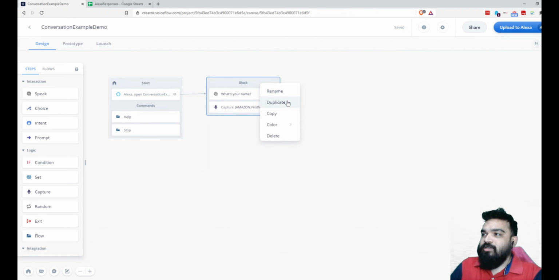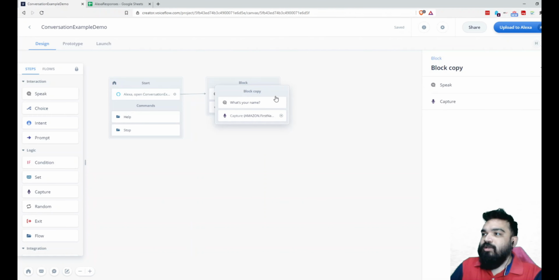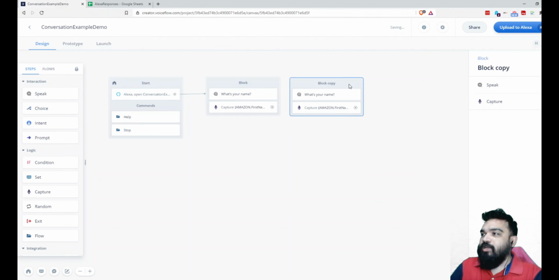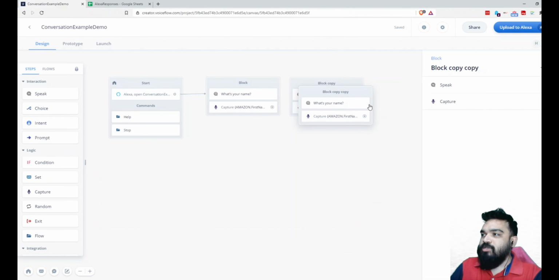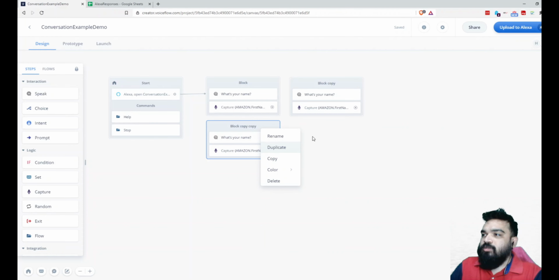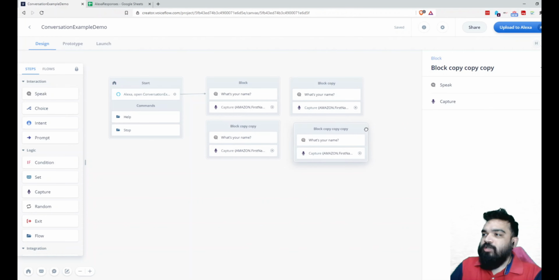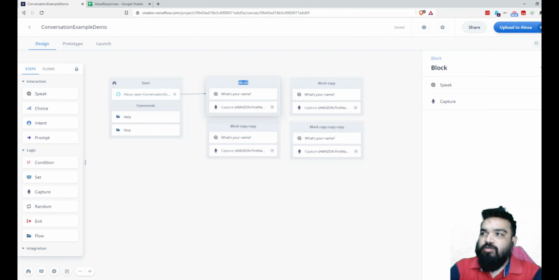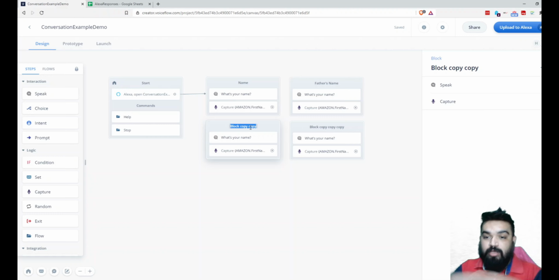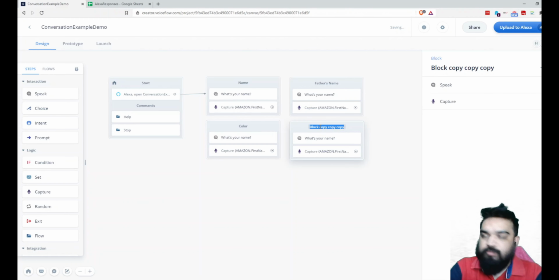Now similarly we'll ask the other three questions as well. So I'm just going to duplicate these three more times, so we have four questions. Also, please note that you can rename all these. So I'm going to say this name, father's name. This is just for you to be able to identify easily if you have like a complex structure of multiple blocks, right? So the next one is color and country,